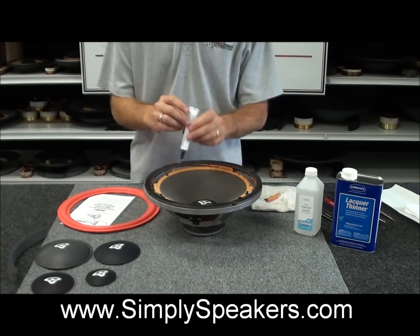The back of this gasket, of course, will need to be cleaned as well. So we'll come in here and basically just start to peel any of the big pieces away like this. You can use the speaker to hold some of that if you'd like, or sometimes I'll just move the speaker out of the way, and then I'll work down on my bench area here. I'll move this kit out of the way and come in here like this and just scrape and peel the old foam and glue from the back of the gasket section here